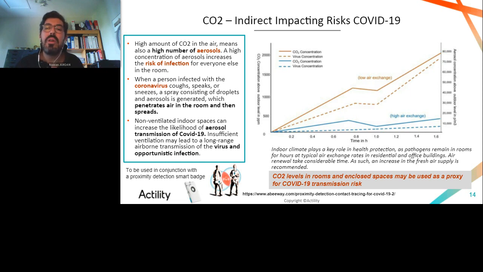So here, if you have a good quality air exchange, you may see that in that case your risk of catching COVID-19 is heavily reduced. If you add to these air quality monitoring systems even tracking and tracing systems with proximity detection, then you can really protect your workers and avoid any potential shutdown of the factory in case of a COVID-19 issue.